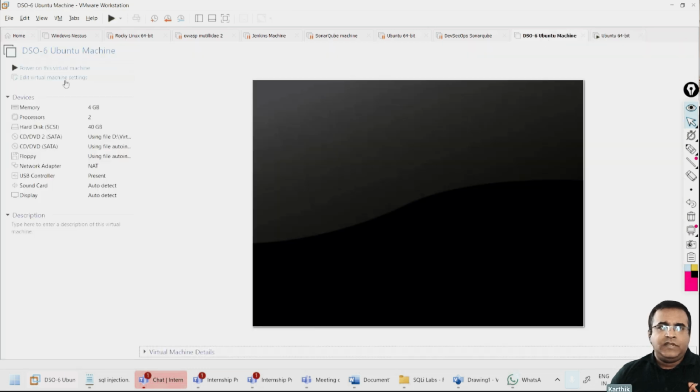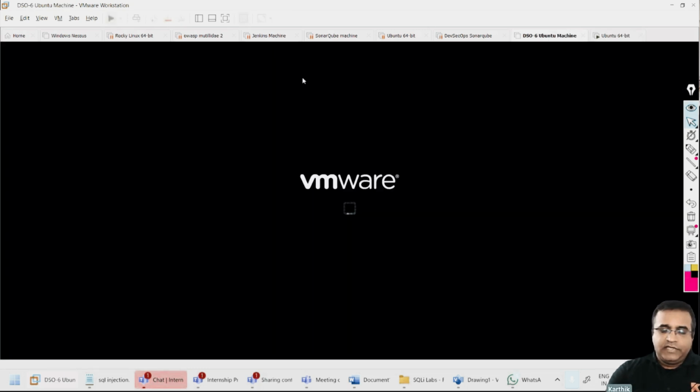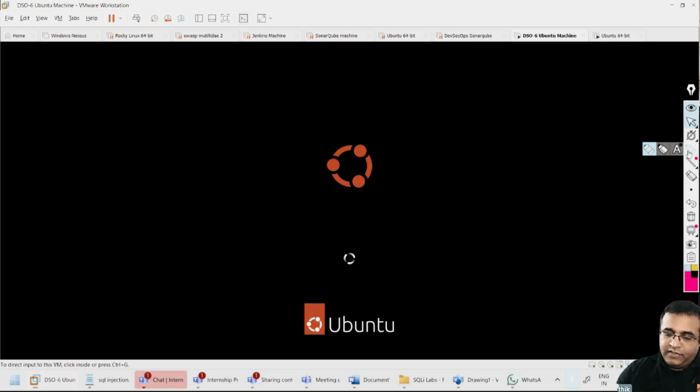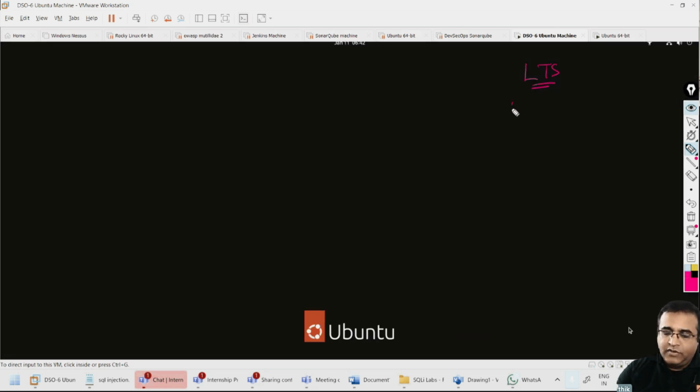So now let me start a machine, and I'm using an Ubuntu machine, an Ubuntu 22.04 LTS version. Whenever you're downloading any server, or trying to implement servers on your network, always look for the support time. Any Ubuntu LTS version stands for long-term support, meaning it is going to get a minimum of 5 years of support.